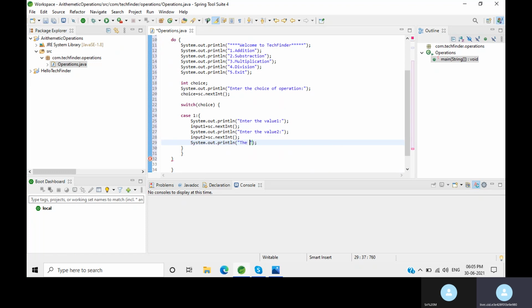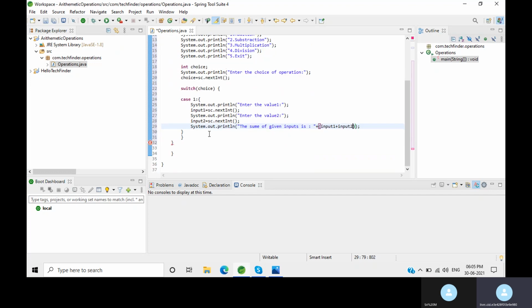So the sum of given inputs is input 1 plus input 2. That's all.